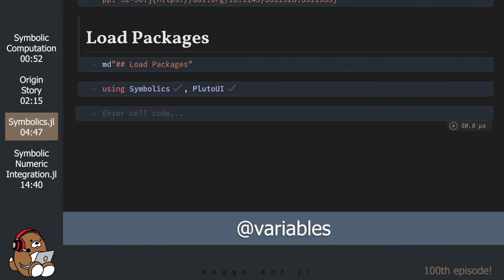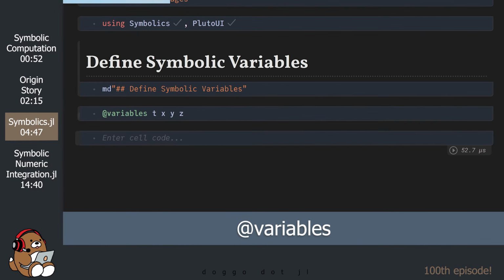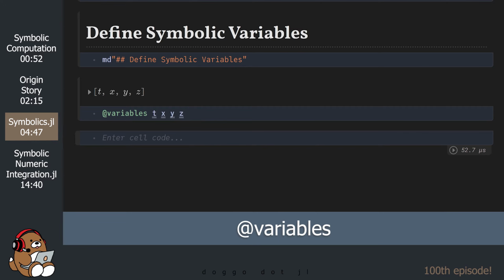The most important step when using the Symbolics.jl package is to define your symbolic variables using the @variables macro. For this demonstration, I will be defining 4 symbolic variables: t, x, y, and z. Once you do that, anytime you use the variables t, x, y, and z in this Julia session, Julia will know that these are symbolic variables and not ordinary Julia variables.